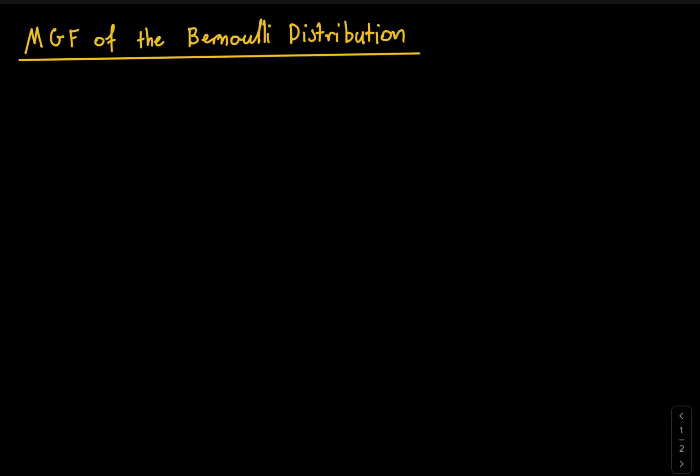Welcome. In today's video, we are going to be looking at how to derive the moment generating function of the Bernoulli distribution. So to begin with, let us first recall the probability mass function of the Bernoulli distribution. So remember, if x is distributed Bernoulli with parameter p, in other words, your probability of success is